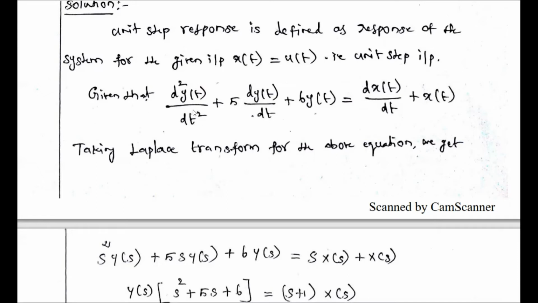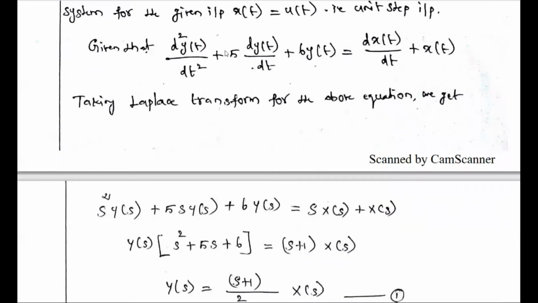Now, in order to solve this problem, first we are going to take the Laplace transform of the above equation using the differentiation property of the Laplace transform. For each individual term we have to take the Laplace transform. What is the Laplace transform of the first term, d squared y of t divided by dt squared? Two-time differentiation, so s squared into capital Y of s. Here all initial conditions are 0.